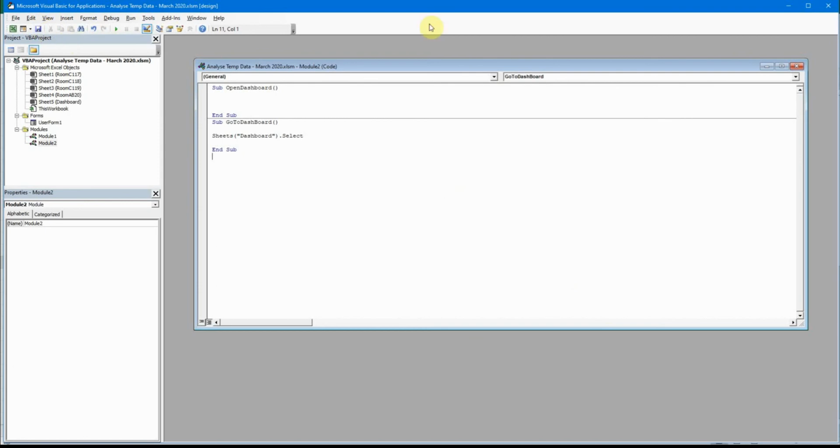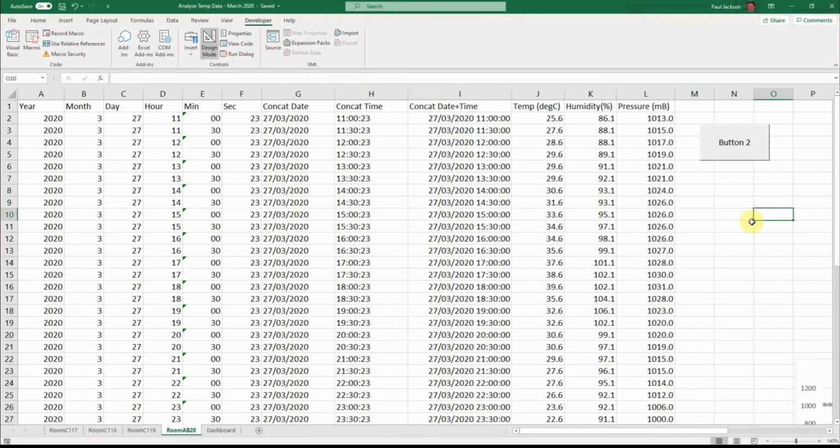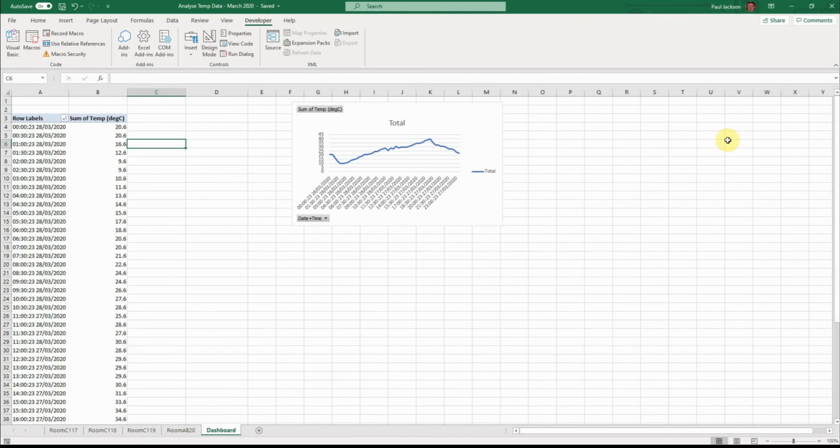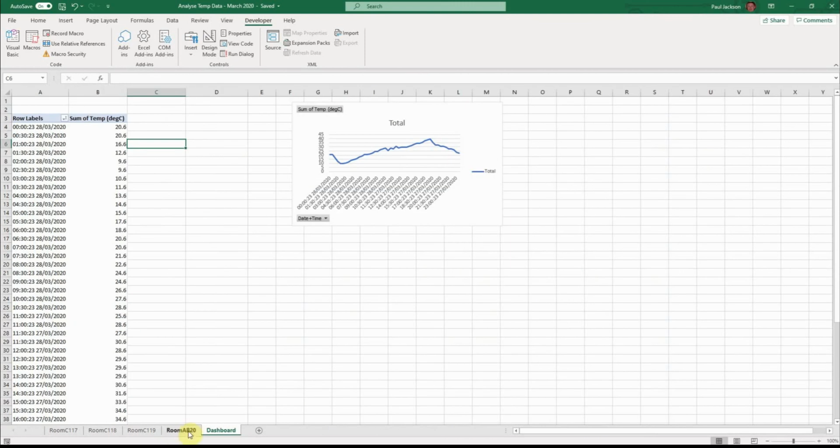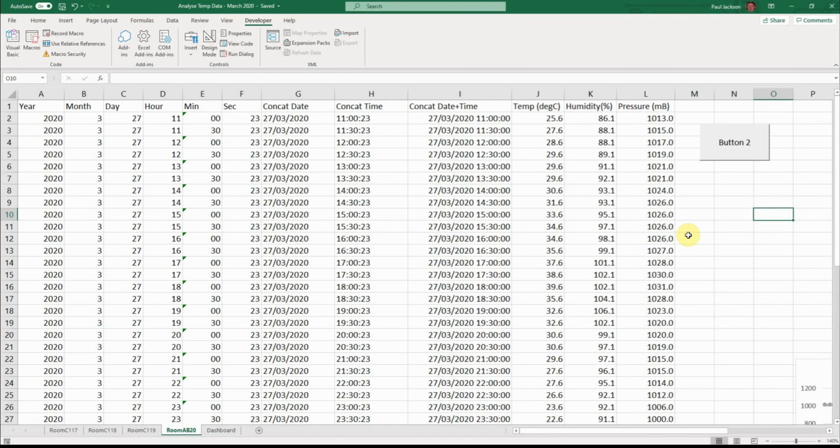I'll save that. If I go back to this sheet here, if I click on that button, hey presto, I'm back on the dashboard. So that's a bit of limited functionality there. Click the button, go to the dashboard. There's other fancy things that are possible, but that was the main one that I wanted to show you. I put myself in design mode here, and we go to edit text just to put a better name on. And there we have it. Okay, I've obviously saved my work again